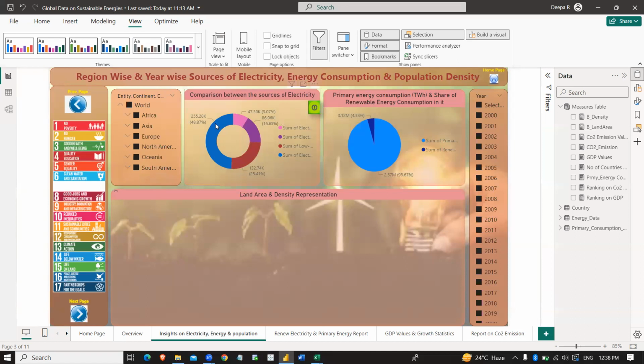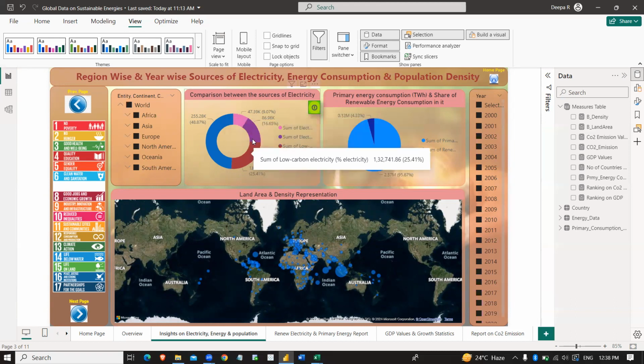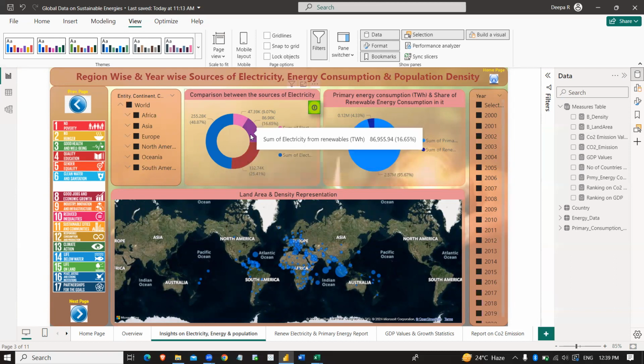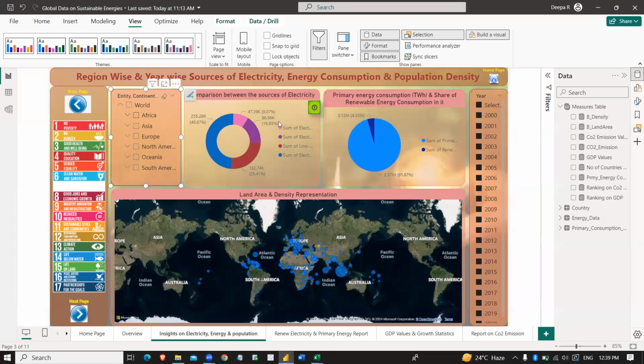But what we are seeing is that the percentage of electricity from fossil fuels is more compared to the other resources. So we have to reverse this one. We have to increase the percentage of renewables as well as low carbon compared to fossil fuels. Now if we want to go according to the continents, that what percentage of different